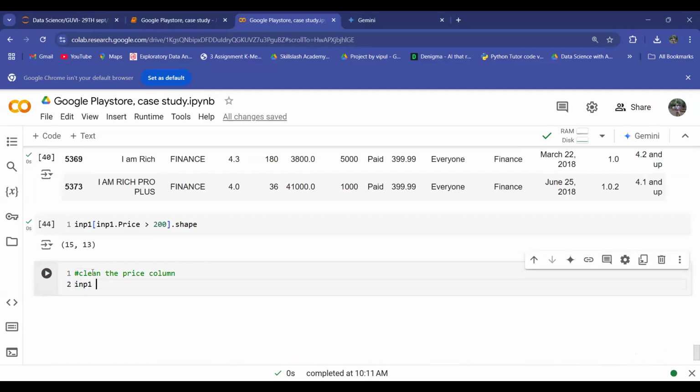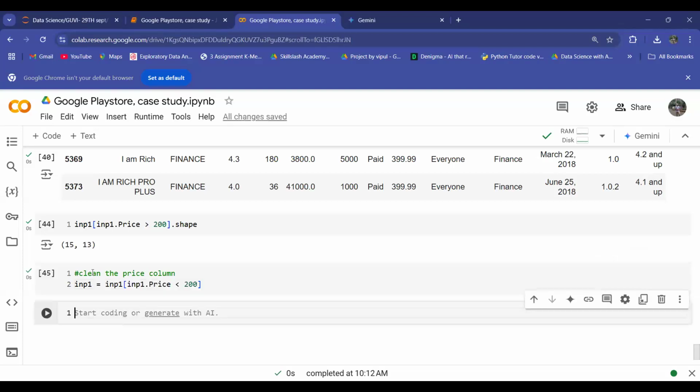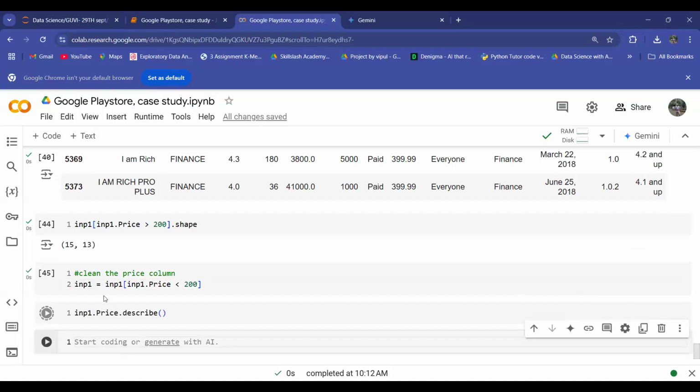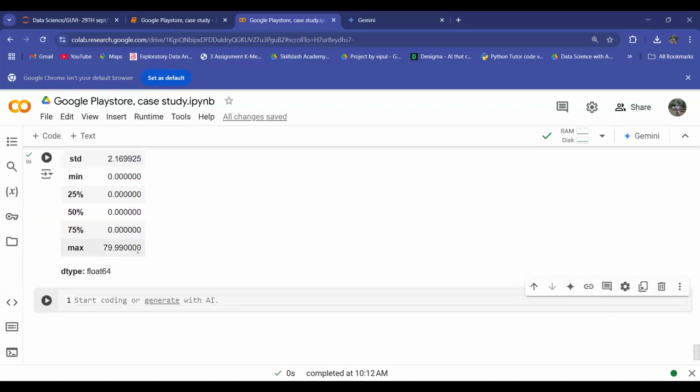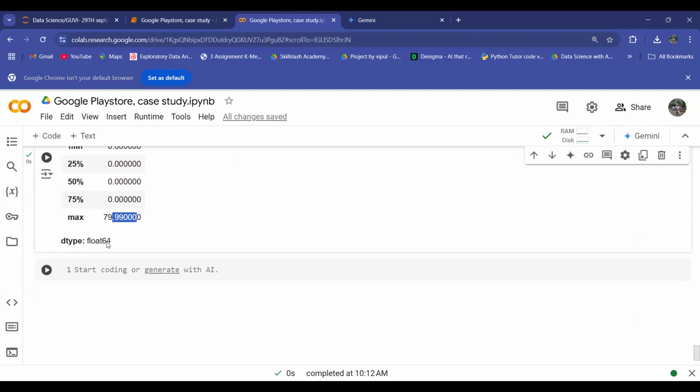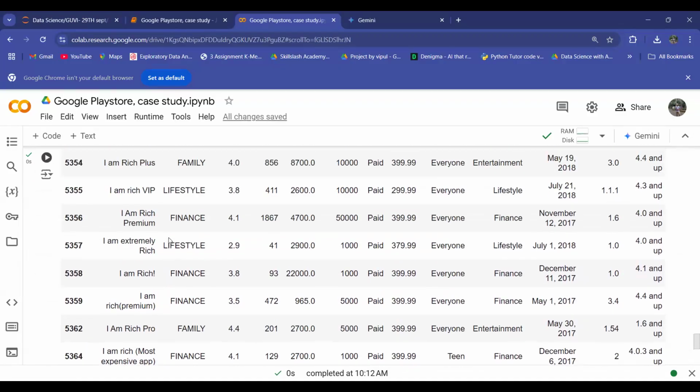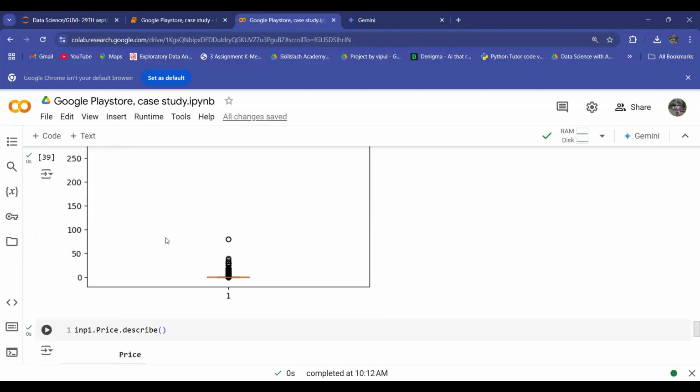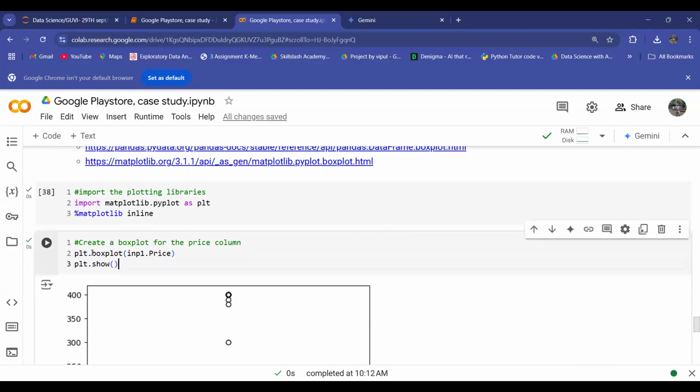Input one of input one dot price should be less than 200. Only selecting the records which have price less than 200, right? And we are going to use the describe function. So maximum now it is 79. It looks good. And again, if you just try to plot a box plot by the same lines of code that we have done earlier,